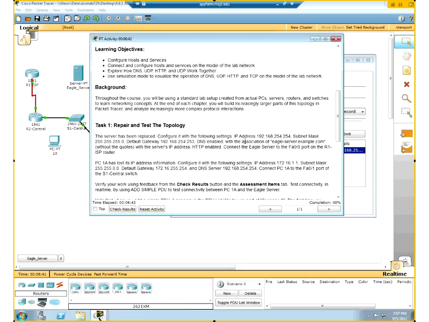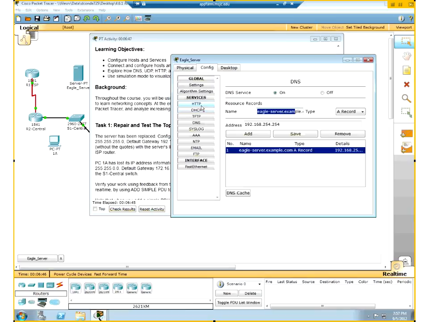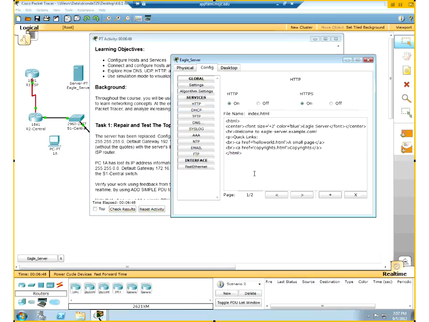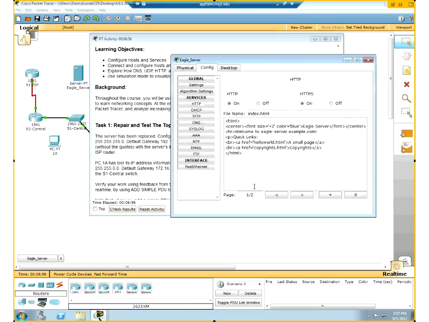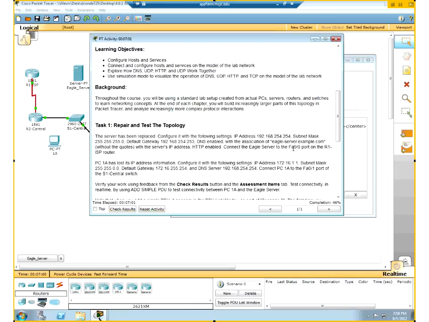Do you follow me? So now it wants HTTP enabled. So I got to go to HTTP, turn that on. Now I'm at 46%. So forth and so on. Now another thing it's going to want is it wants me to connect the Eagle server's FA00 port with the router 1 ISP router. So now what I'm going to do is close this guy,